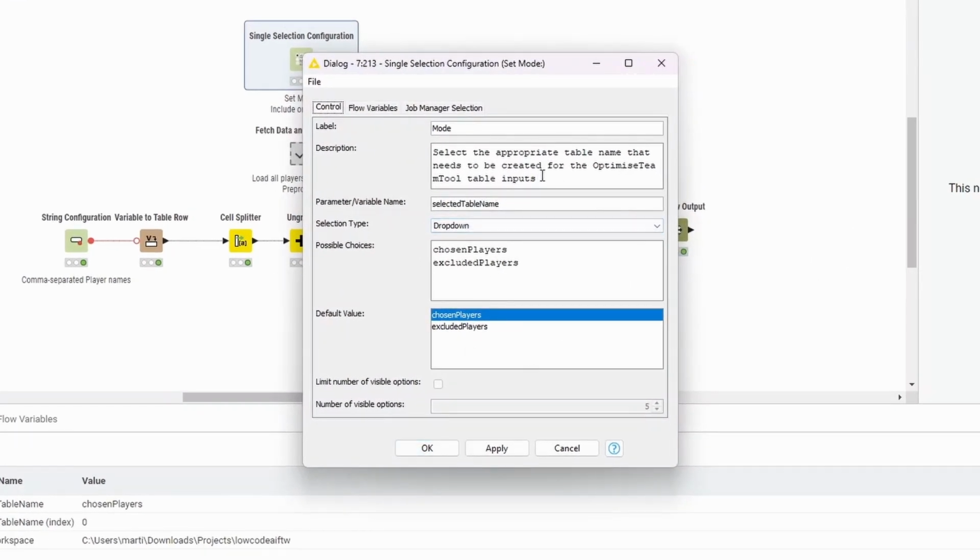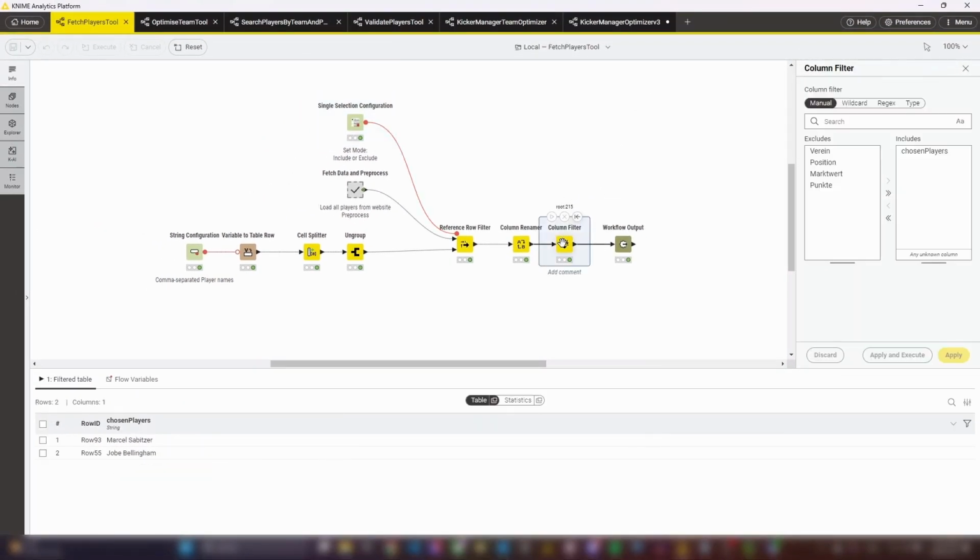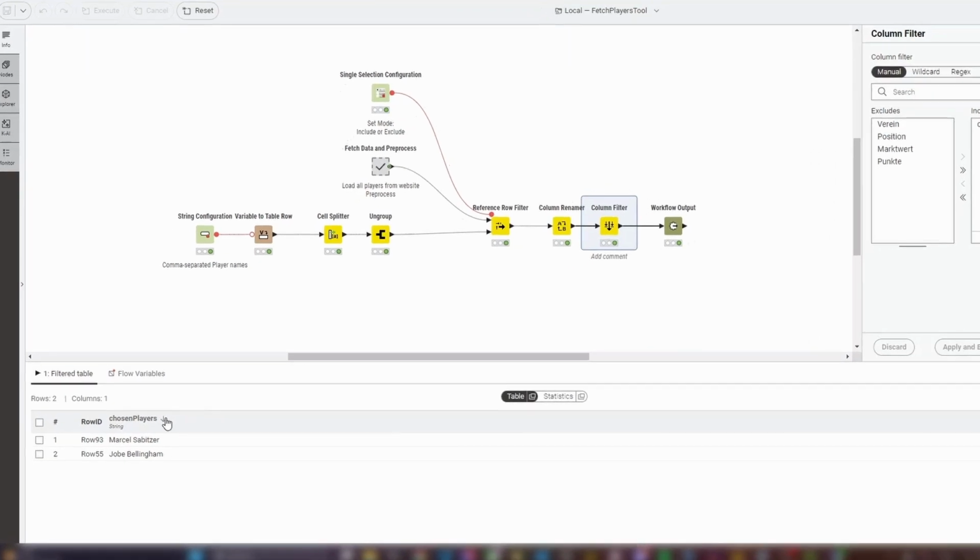And that is important for the column names in the output table. So this is one tool that captures two use cases. And as you can see, at the end, right now, it is in include mode, which means the column header